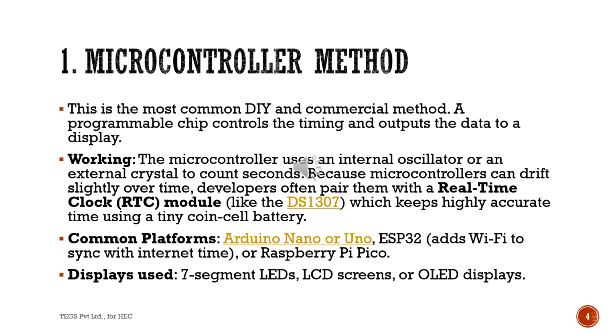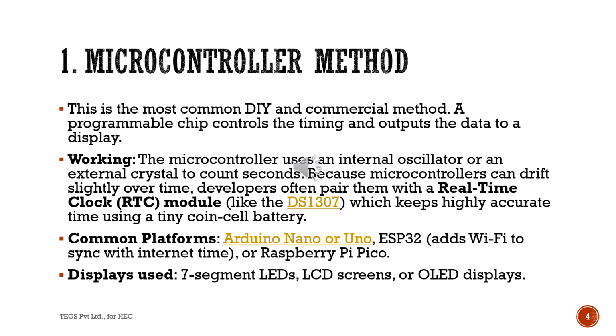This is the most common do-it-yourself and commercial method. A programmable chip controls the timing and outputs the data to a display. Working: the microcontroller uses an internal oscillator or an external crystal to count seconds. Because microcontrollers can drift slightly over time, developers often pair them with a real-time clock module like